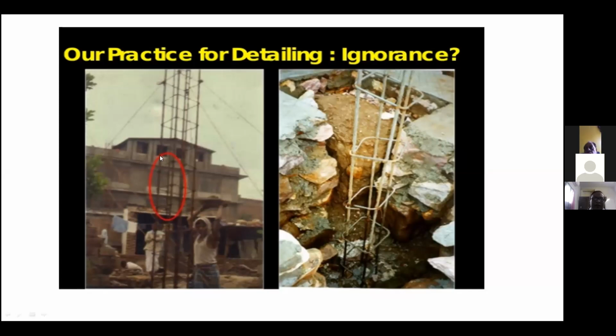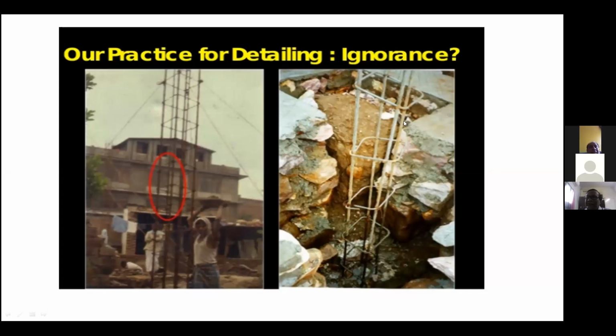Now, you know the practices are very, very important. Even for gravity load detailing, whatever I discussed about SP34 detailing, look at the diagram of the actual construction. You know that we have a rectangular or square stirrup, but look at the condition of it: the bars are like this. This is in practice, taken in one of the slides. The people are not aware of the importance. Even though they are using the full amount of steel required as per the design, is it the proper way of detailing?